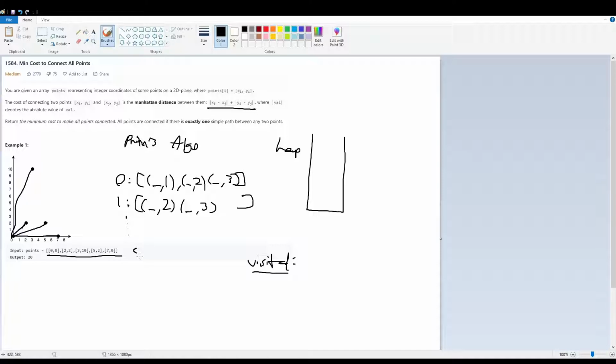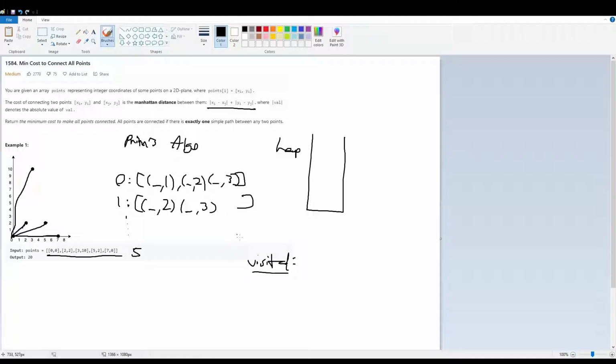So basically like 5, because 1, 2, 3, 4, 5 points. So we'll stop when visited is length 5, because that's how we know we visited all points